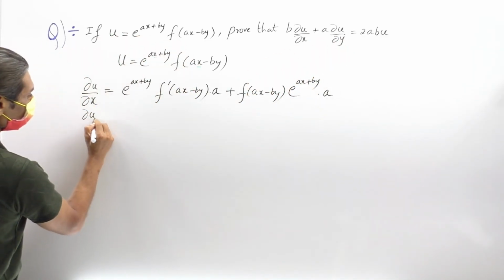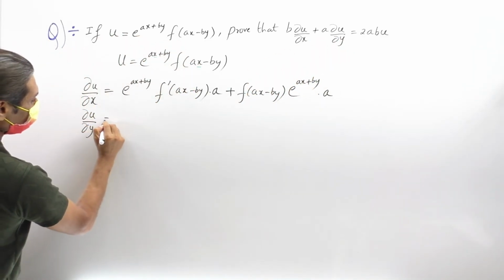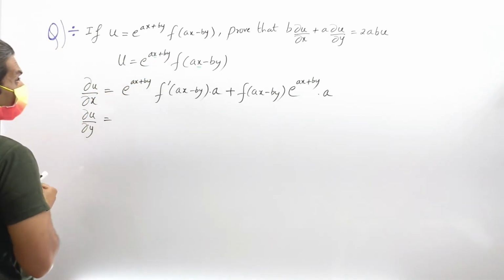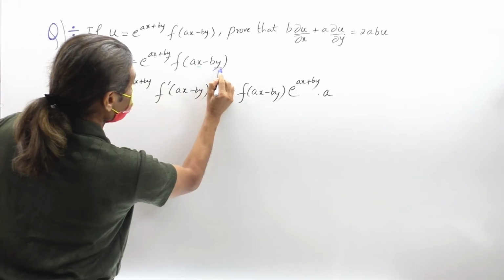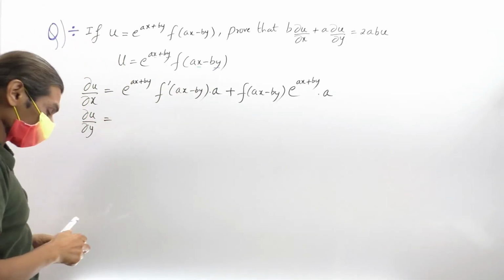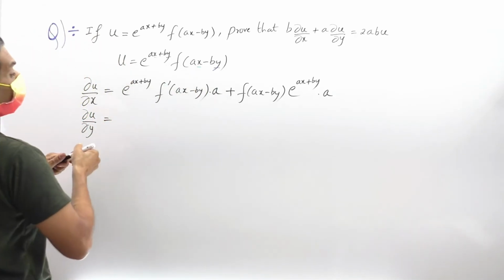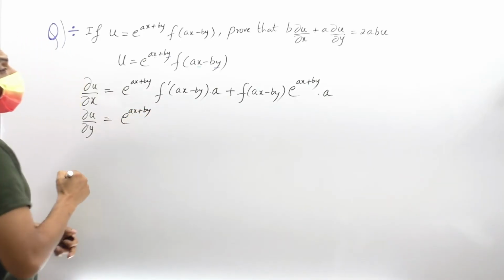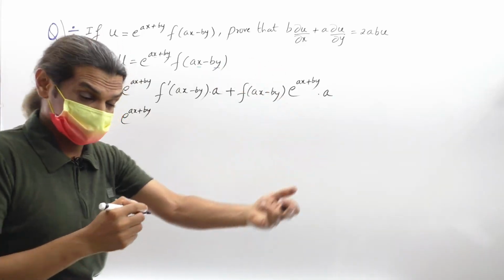So ∂u/∂y will be now again same. See here carefully, y is here and y is here. So again it is a product rule. So for the same thing here, keep the first function e raised to x plus by as it is. Now differentiation of f is f dash